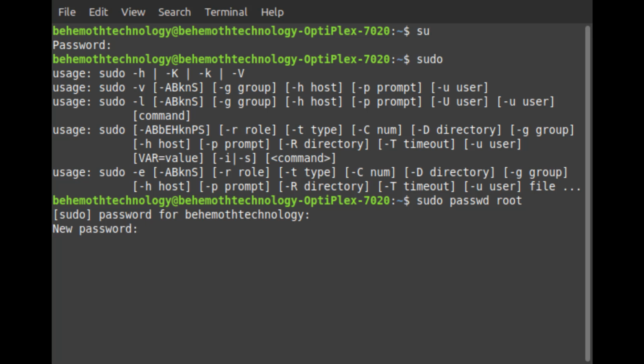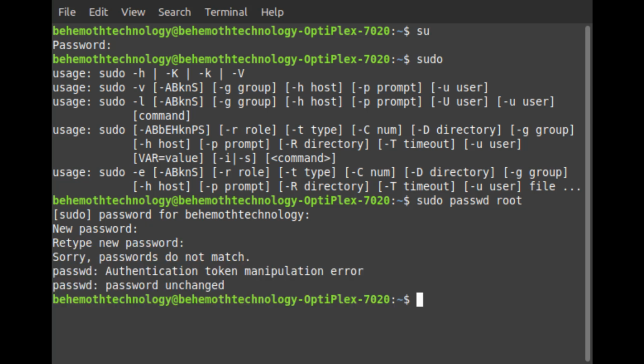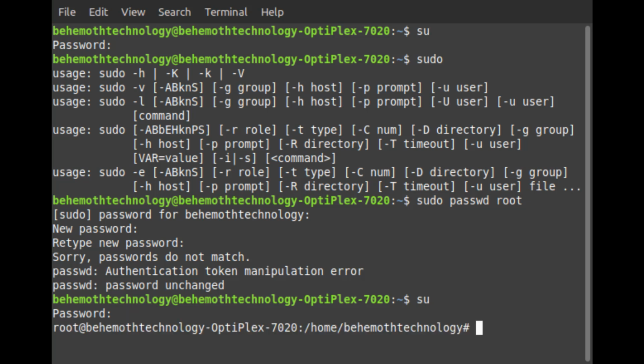So there you go, and then you enter in your new password. It's recommended it is not the same as your other password. I intentionally mismatched them so it did not change my password because I already have this set up. Once you have done this, you can type in su and enter in your other password that you just set. And once you do, you've logged into your system